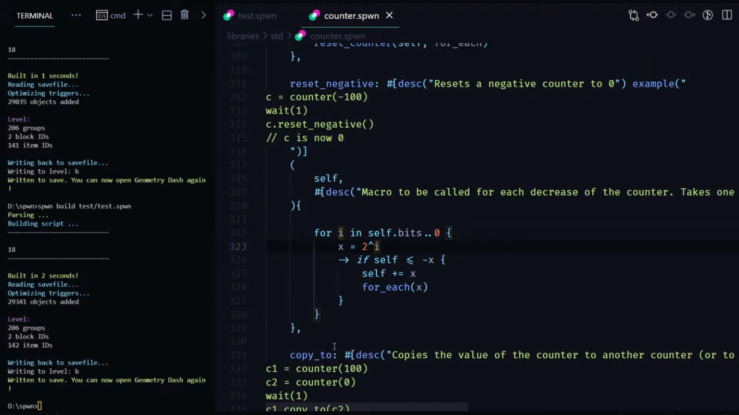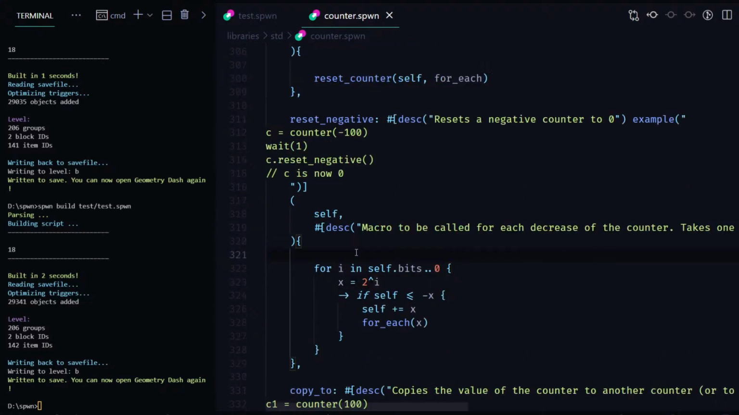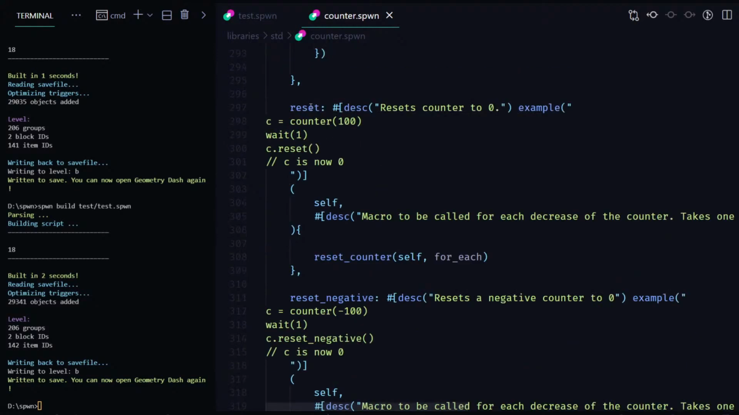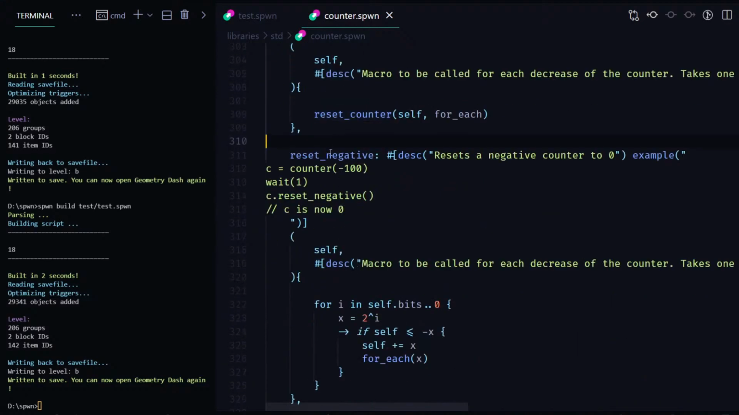And the way we make that into one function is we check if the number is positive or negative, and if it's positive we do the first one, and if it's negative we do the second one. The problem with that is it uses an extra group, right? So